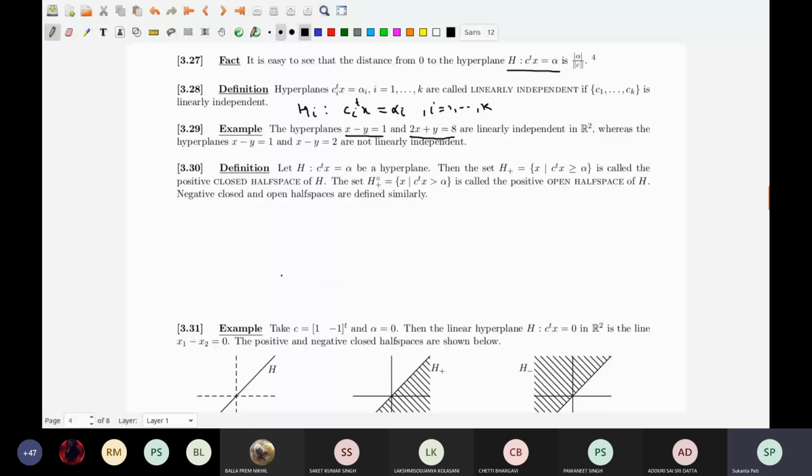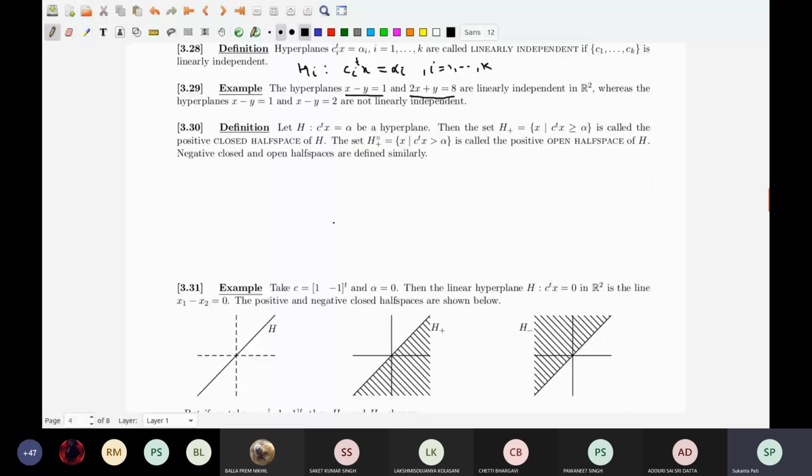The part that satisfies, so whenever you have a hyperplane, that hyperplane will divide the whole set into two parts. So the one that will satisfy that, so what is called H plus, now H plus is the set of all x such that, so what is H? First, it is dependent on what you have written as H. So I should write C transpose X equal to alpha. I have written in this way.